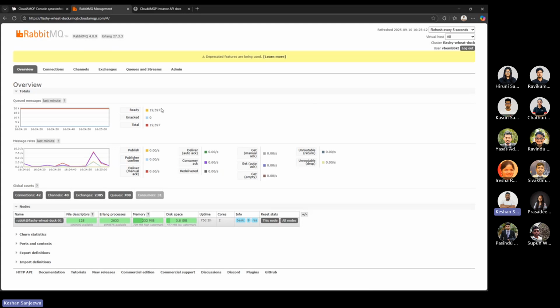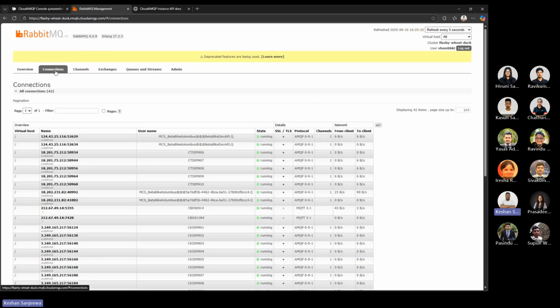So it's showing you the message rates and everything consuming, and likewise you'll get an idea. And again, you can import, export the messages, definitions, queues, everything within the console. So we have a few tabs. One is called connection. In this tab, it shows us what devices, producers, or publishers are connected to this RabbitMQ